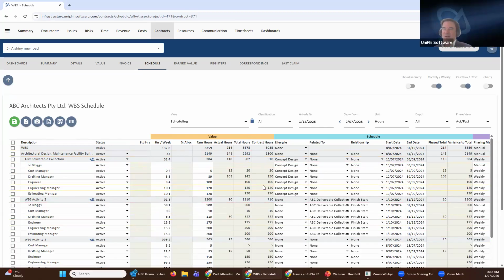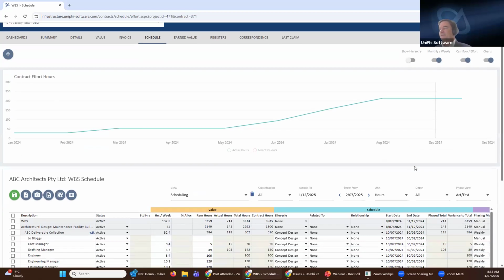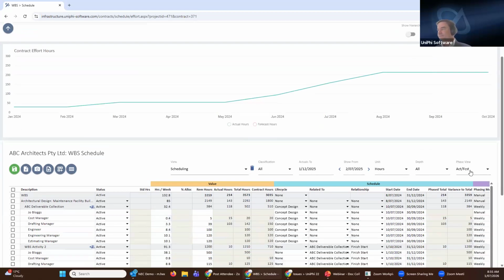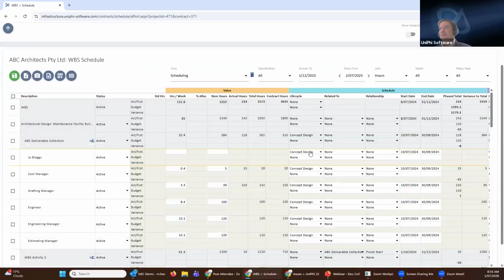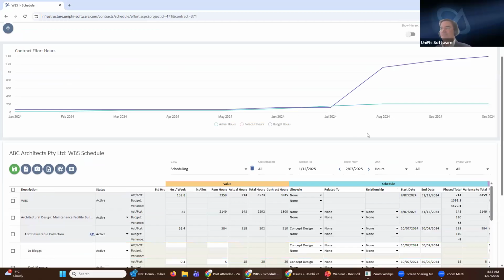So going back to where we started on the time dashboard, I can amend a date from an external schedule that will knock on effect to the concept design, which will knock on effect to the delivery of WBS activity 2. And because we've got automated phasing on, as soon as I hit save, all of those hours are being pushed out. I would baseline that using the snapshot element again. And once I've got my charts on and view all, I'm getting the same sort of visual comparisons of actuals, forecast, and time.